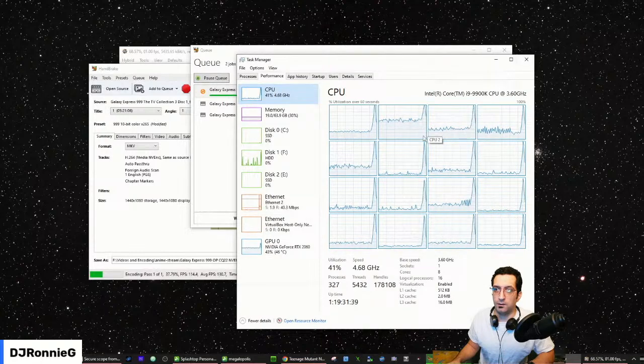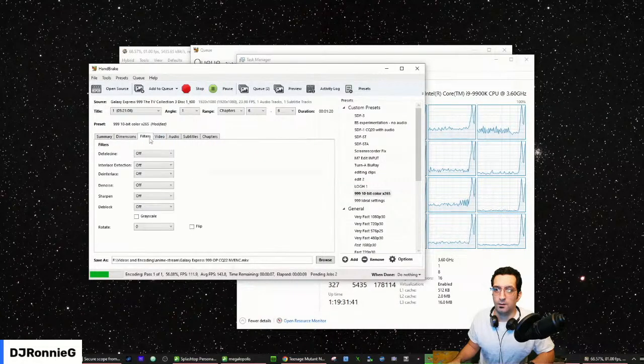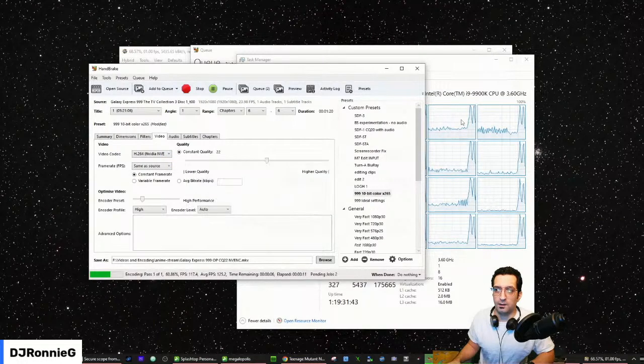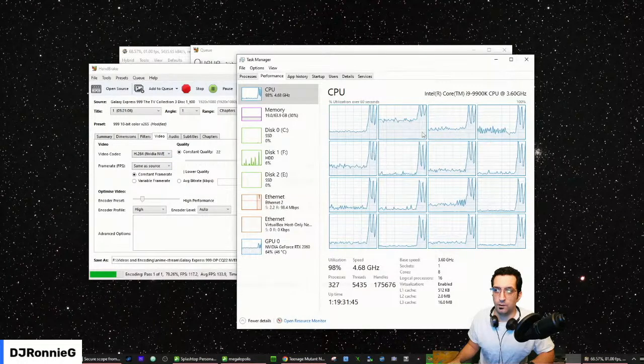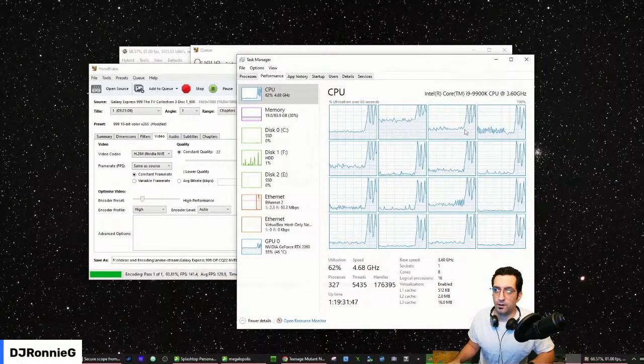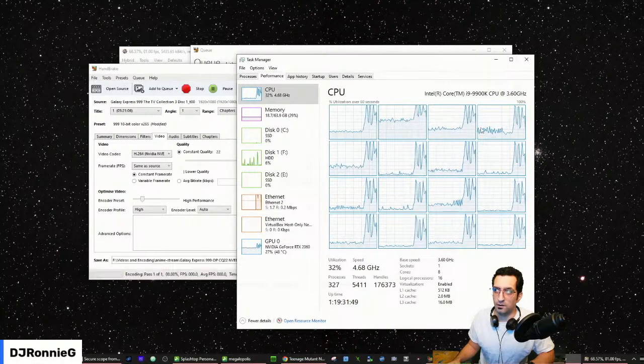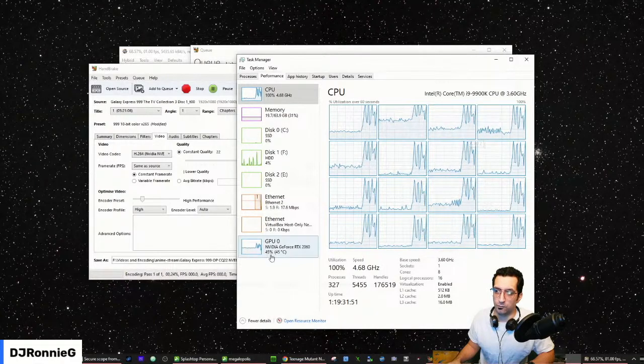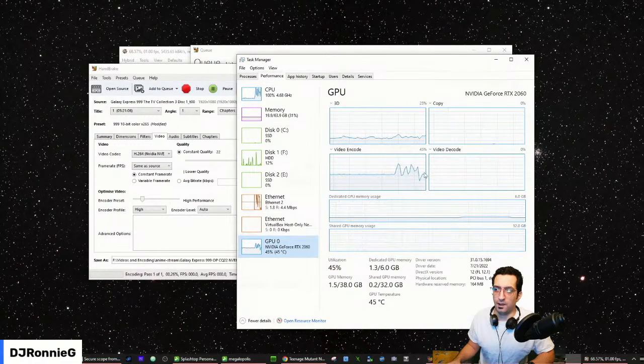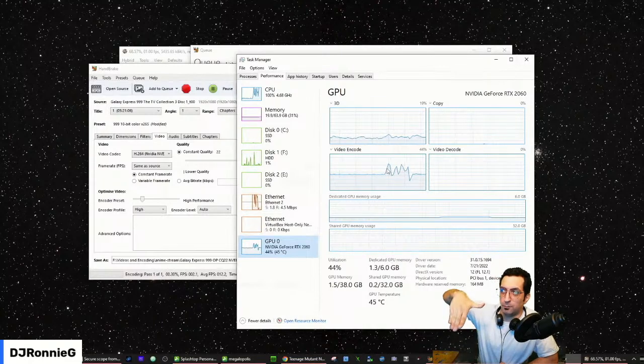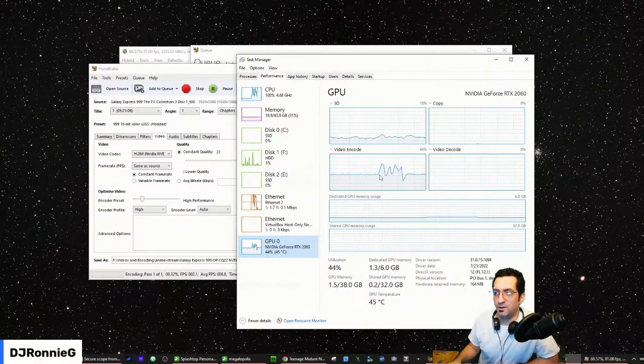CPU is being used because it still requires some CPU power to do what it's doing, but it's not going to run at 100% consistently. It does seem to be bobbing up and down though, which is interesting, but mainly you're seeing the action happening here on the NVIDIA graph. Now, I find it kind of weird that the video encoding on the GPU went down a little bit, but either way,